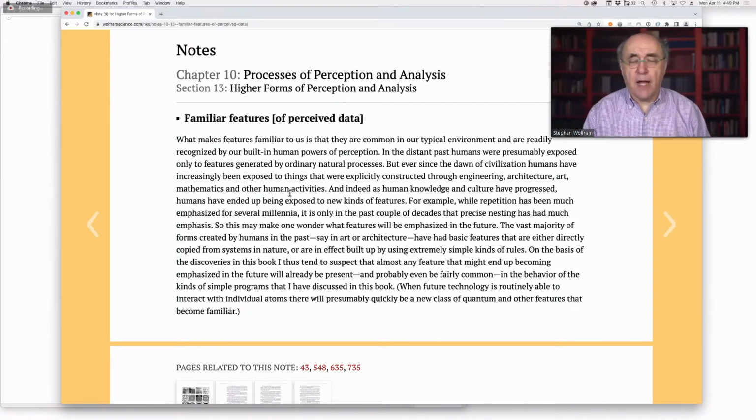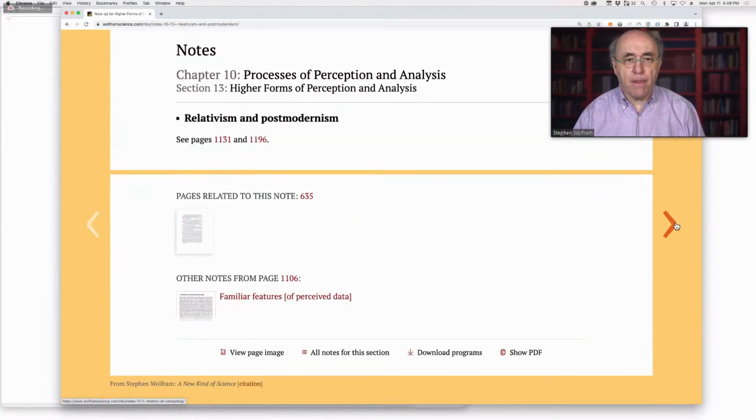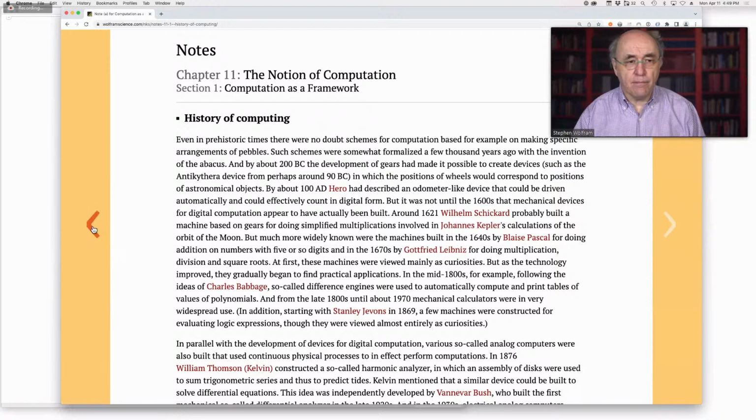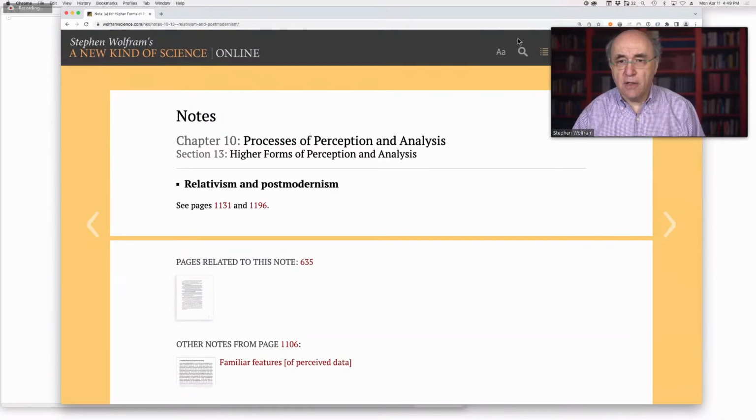So in a sense, as we expand our domain of perception and analysis, what we count as non-random will gradually change. What I would say in our modern terms is we think about rulial space and the space of all possible rules for making things. As we expand our domain in rulial space, our way of attributing other rules to things, we will gradually have a different conclusion about, for example, what is random and what is not.